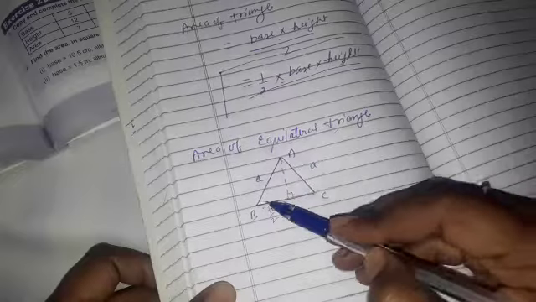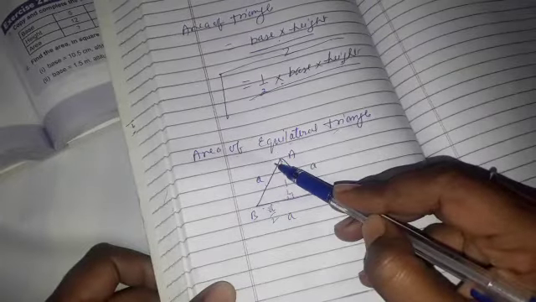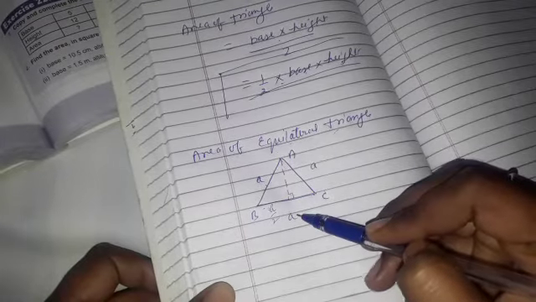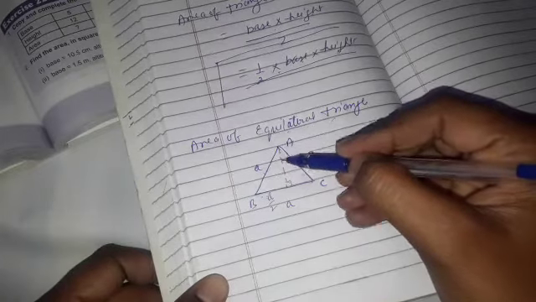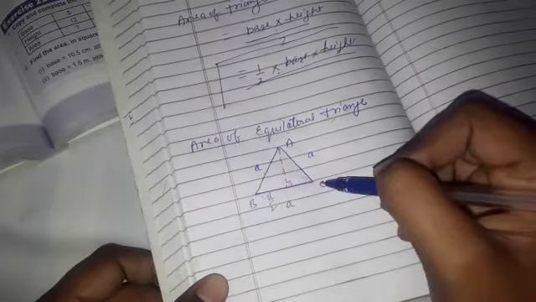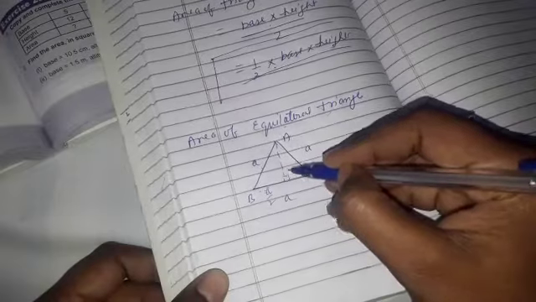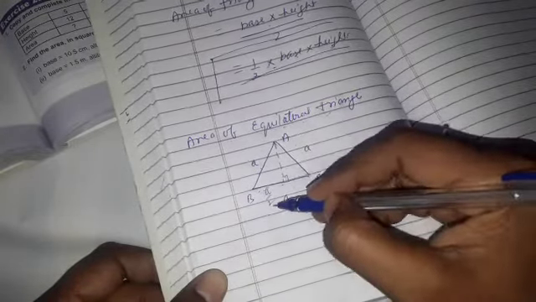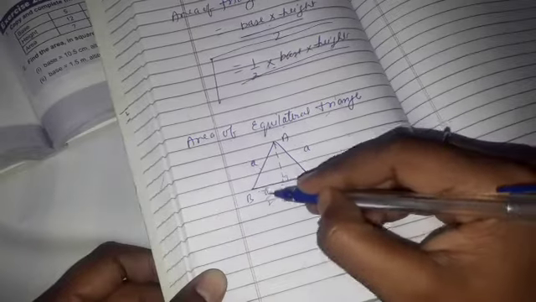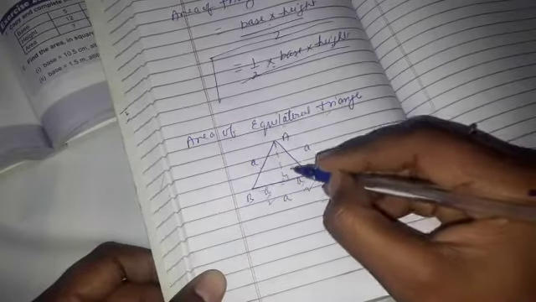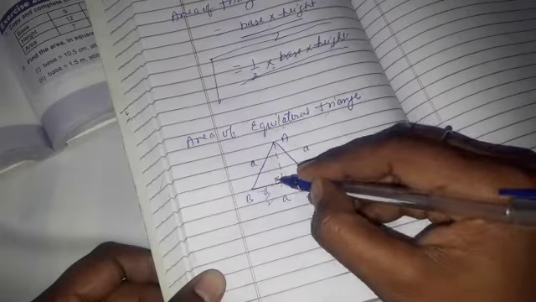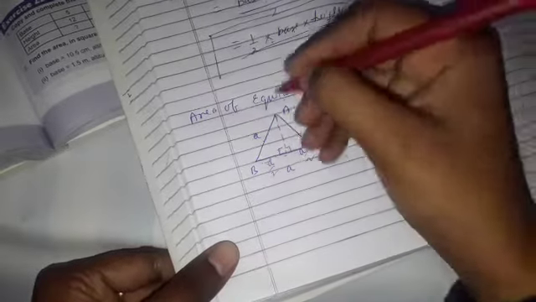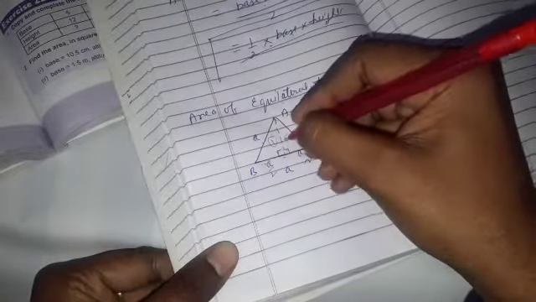A triangle whose all sides are equal, we call that equilateral triangle. So the sides are a, a, and a, and if I create an altitude on BC, then that altitude divides BC into two equal parts. The whole length is a, so it's a by 2, and it is also a by 2. So this is 90 degrees, this is 90 degrees. So now class, you have two triangles now, triangle 1 and triangle 2.